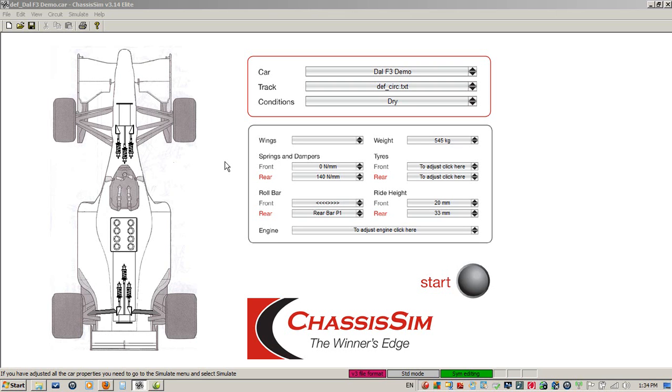In this tutorial, we're going to discuss how to get going with ChassisSim online simulation. Now, you might be thinking, okay, what is ChassisSim online simulation and how is it different to the standard versions of ChassisSim? Well, the only real difference is that you're using exactly the same thing that professional race car teams are using, in particular with